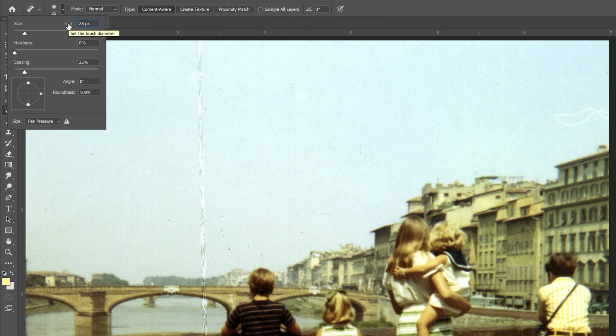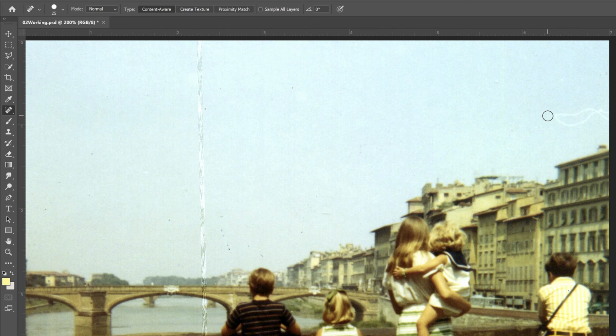And I'm going to 0% hardness. In other lessons, we'll get into more about what that matters and what that means. So a nice hard brush here, but it's still fairly small. It shows me the brush here, and I'm going to go ahead and touch out some of the little scratches in the particular sky. So I'm just going to paint out that area, and it removes all that file,